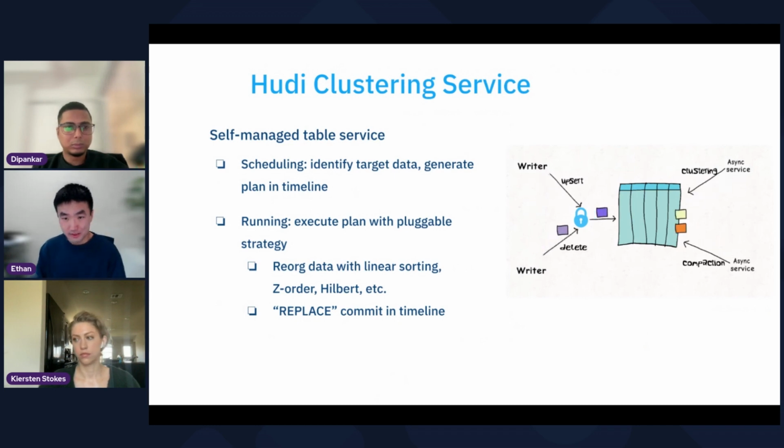So as I talked about the benefit of clustering, let's talk about how Hudi manages the clustering service. The clustering service in Hudi is self-managed. It has two phases. One is scheduling. Scheduling is responsible for identifying the target data or files to actually cluster, and it generates a plan on the timeline so that it can be executed later. During the execution phase, it takes the plan already generated on the timeline,